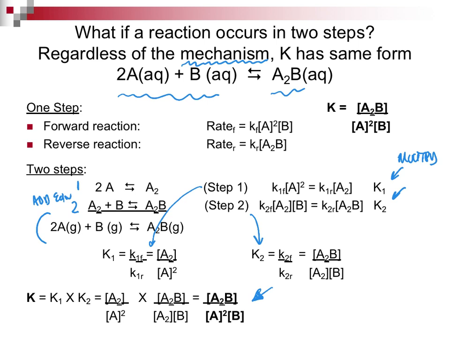Remember, in chapter 15, a mechanism may be proposed, but you do not know it is definitive. My PhD thesis was mechanistic studies. I could do all the measurements I wanted, but it was the best evidence I had at the time. So know that the equilibrium constant is the products divided by the reactants, and I'll even